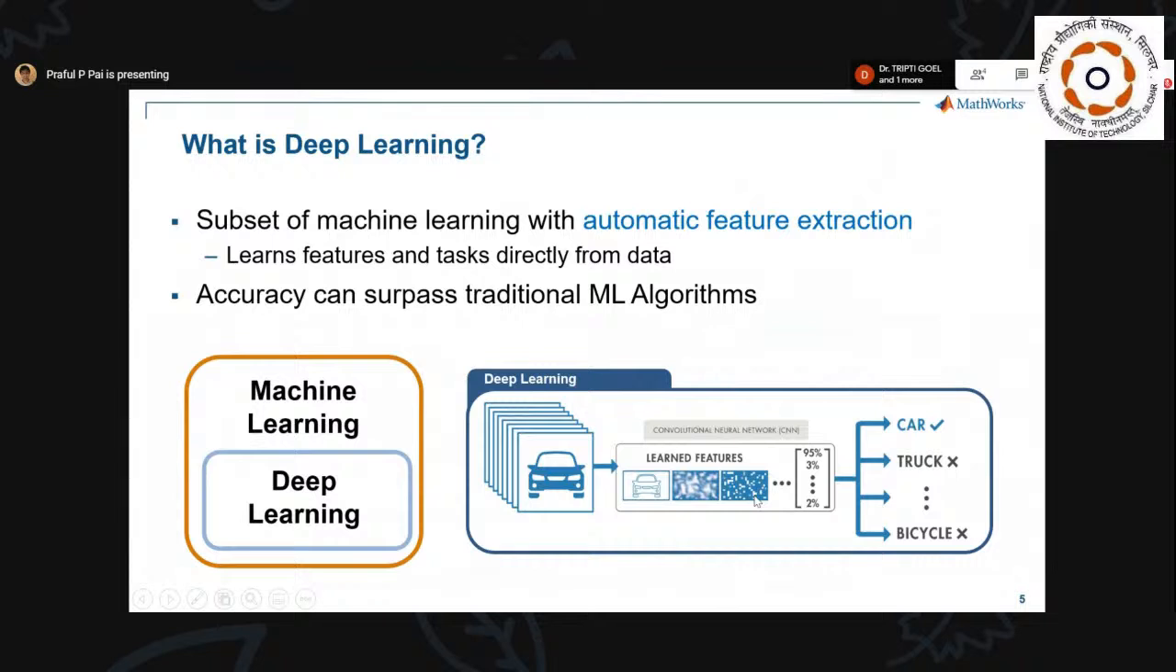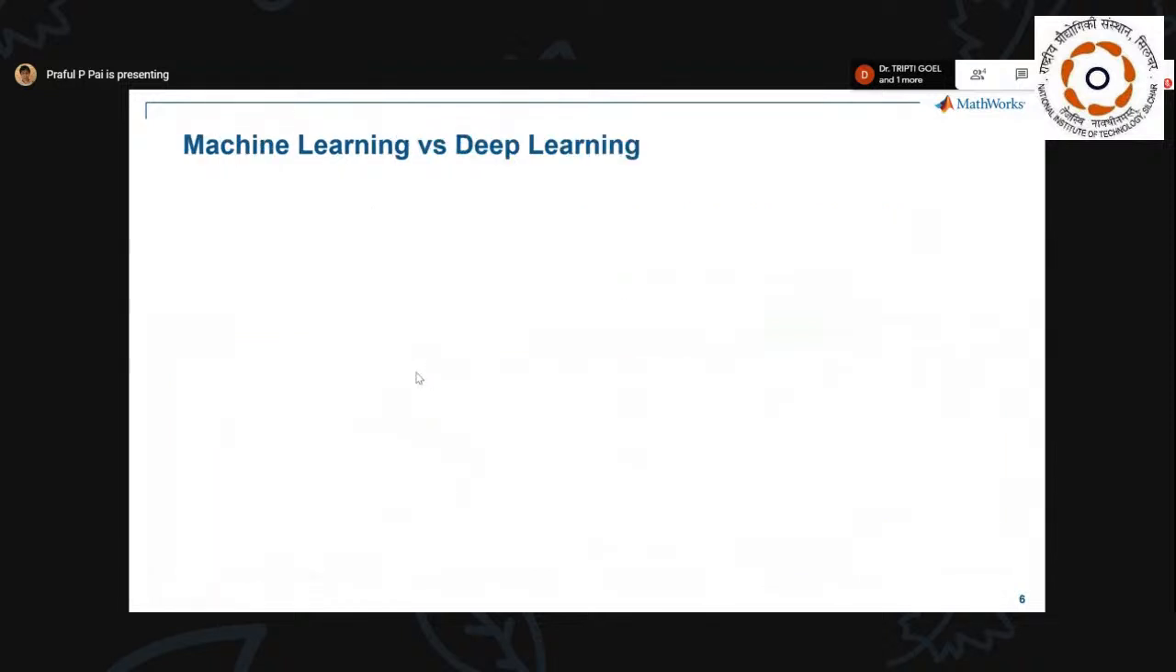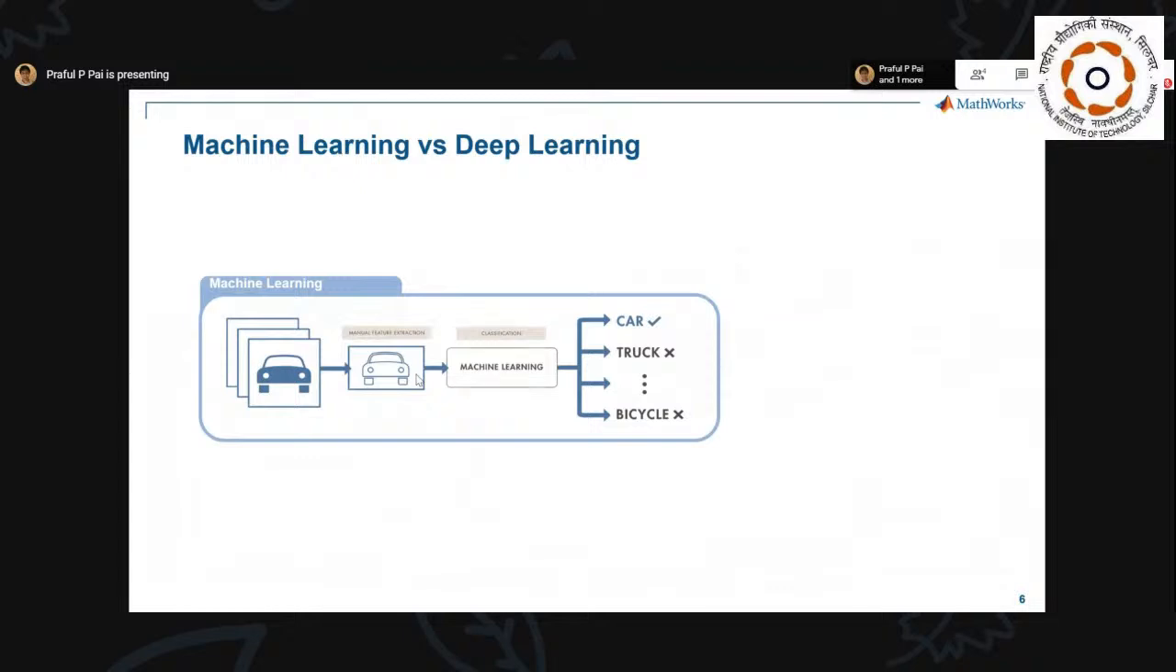It's been popularized because its accuracy can surpass traditional machine learning algorithms, and it also skips the feature extraction step, which can be subjective at times. We may not really end up with features which are useful at all. However, it is still good to contrast machine learning and deep learning for a bit. As I said, if your task was identifying a car from an image,